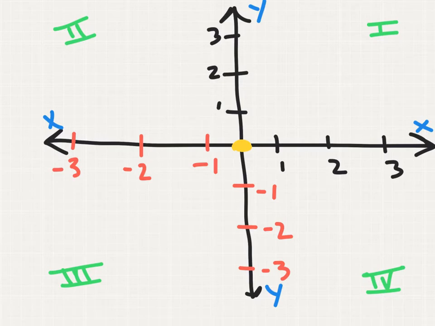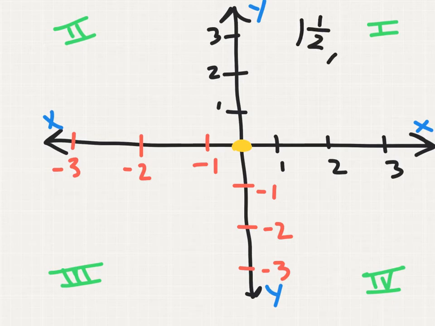So I've drawn a coordinate plane. You can see the horizontal number line, the x-axis, the vertical number line, the y-axis, the origin, (0, 0), the point where these 2 number lines intersect is drawn in yellow, and I've numbered my quadrants 1, 2, 3, and 4 in green. Now, if I were graphing rational numbers, say, for example, I was given the ordered pair of